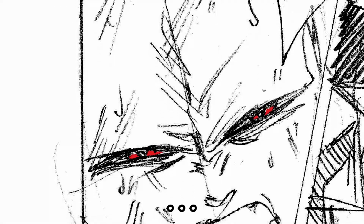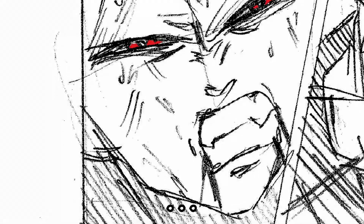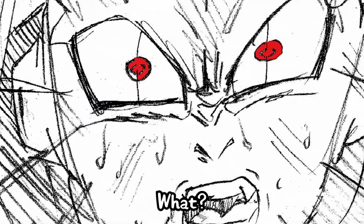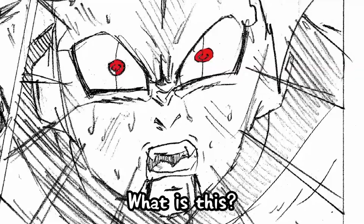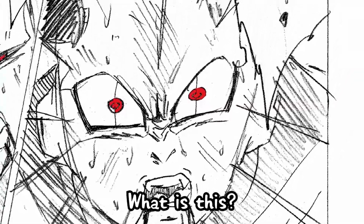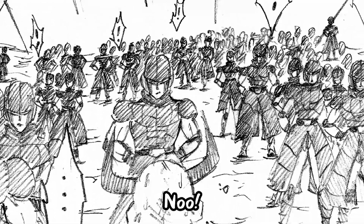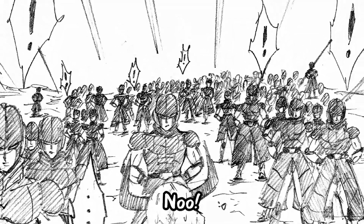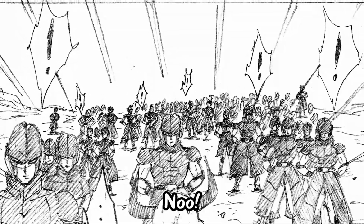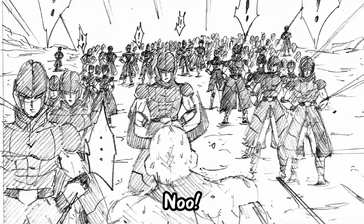But as he would eventually begin opening his eyes once more, nothing would be able to prepare him for what he would eventually see. "What is this?" As his whole face would open, unable to comprehend just what lies before him. "No!" As suddenly, standing in front would be an entire army of Hit, each as emotionless as the last, staring at their prey before their eventual pounce,